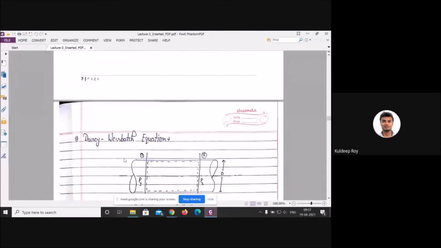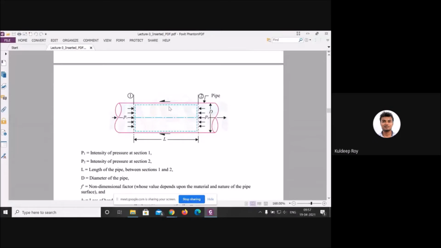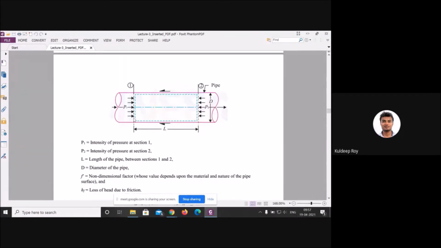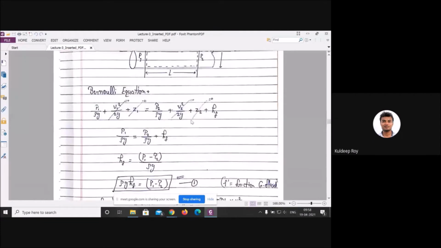Now I think you have got my point, how and why we are looking for this. If the fluid flows from this position to this position, then you are looking for how much the frictional loss will be. Then how will you define the head loss due to the friction? If the fluid passes from this position, you have to make one constant value which can define the whole losses due to the friction, because you are looking for major loss, which comes in the category of major loss. And what you have to do, first of all you have to apply Bernoulli's theorem.